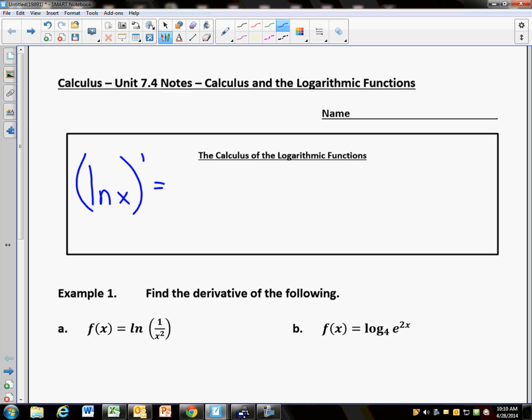Here we go. The derivative of the natural log of x. Any idea? Oh, whoa. If you guys want to see the proof of this,